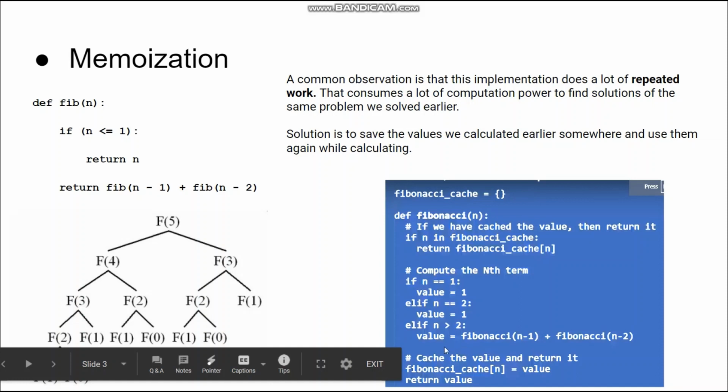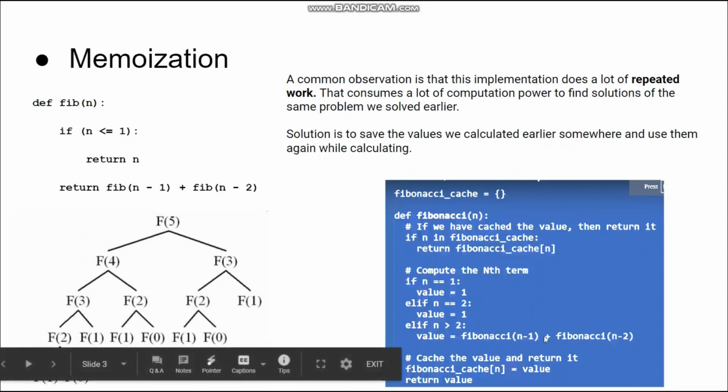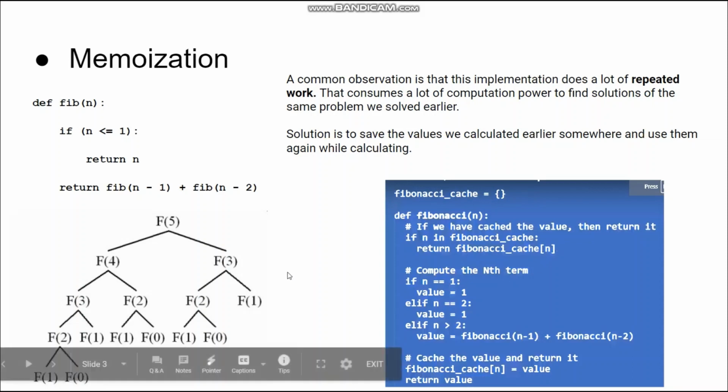after this point. What we are doing is we are calculating the value and we are storing it as a value for a key in the Fibonacci cache dictionary for the value of n, and we are returning the value. So every time you calculate Fibonacci of n, the value is getting stored into the Fibonacci cache dictionary. So how does it help in solving the problem? Basically, we don't have to make the function calls again and again. If n is already there in the Fibonacci cache, we'll directly use the value from the dictionary. We don't need to compute all the